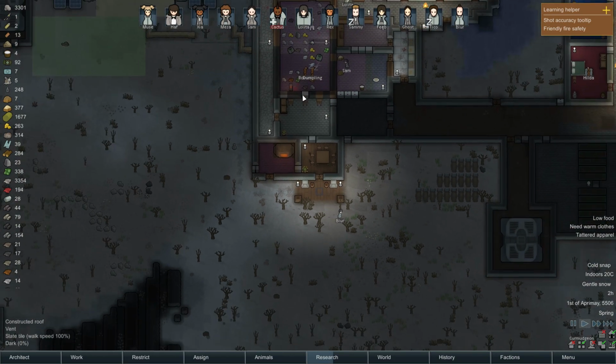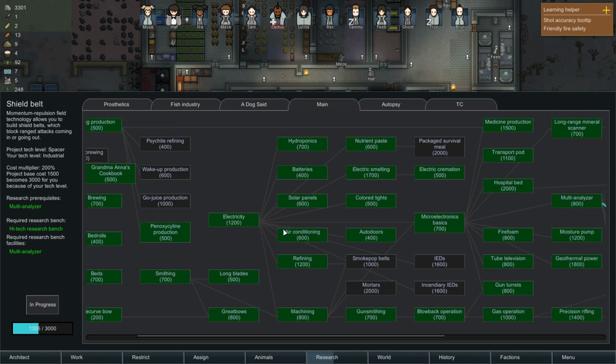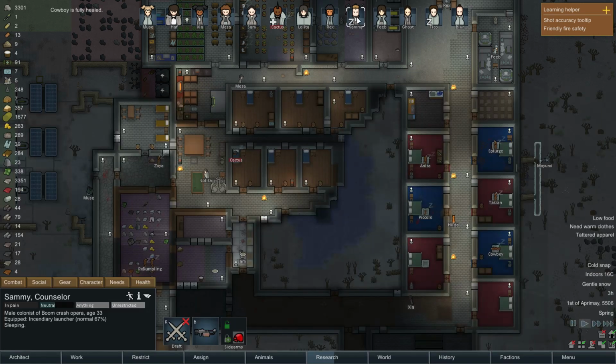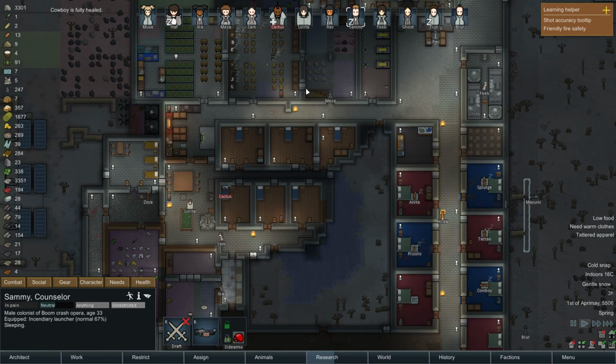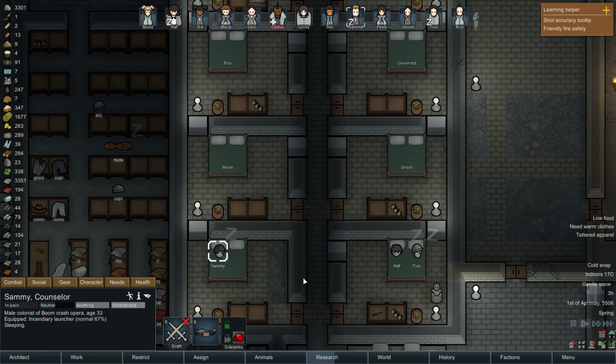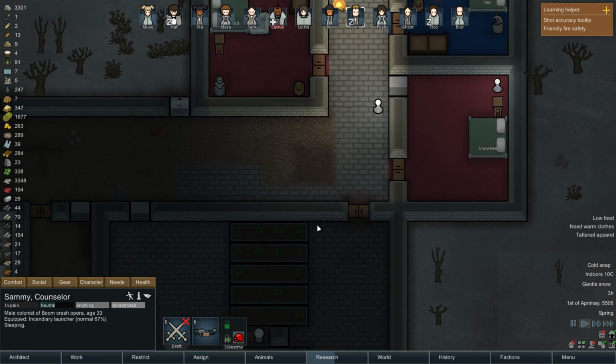Okay. So today, let's continue with our hardcore super duper research aplenty. We're going to get some shield belts researched up, which will be great. It means that we can kit our dudes out with shield belts to protect them in combat, especially people like Cactus, who took a big old grenade to the face last time, thanks to Sammy. Which reminds me, Sammy, I want you to go and get yourself a new gun, because honestly, your performance with that grenade launcher so far has been less than...